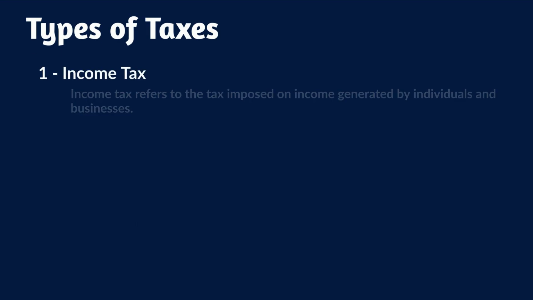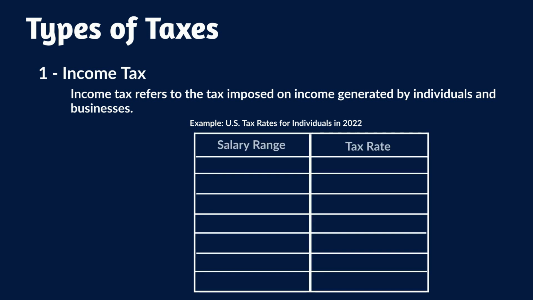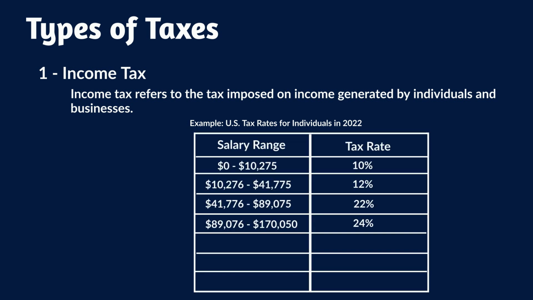Income tax. This is the tax imposed on income generated by individuals and businesses. For example, for the fiscal year of 2022 in the US, there are tax rates established for each section of income. For example, if your income was $100,000, you wouldn't pay income tax based on the tax rate for that bracket, which is 24%. The tax would be calculated as 10% till